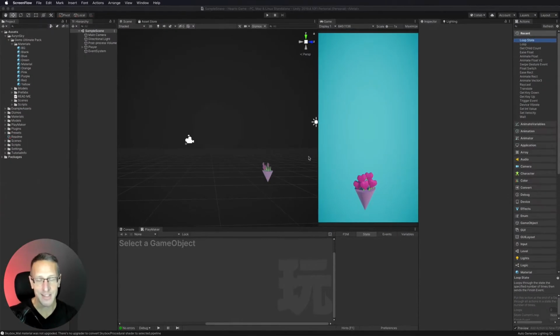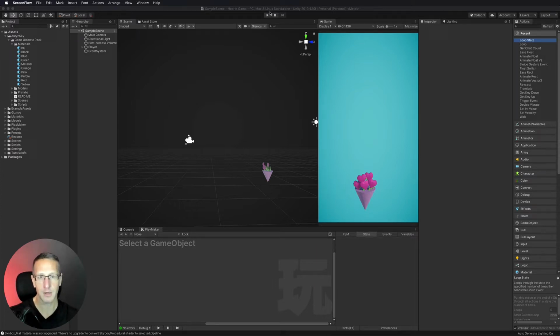Okay, so here I'm back in Unity, and we have our little special Valentine edition. I've just thrown together this little model that's a bouquet of flowers, which are hearts. The idea is that I'm going to have hearts fall down from the top, and you need to catch them. And then I'm also going to have a UI element, which is going to be a slider. And once that slider reaches 100%, then we will spawn a game over.